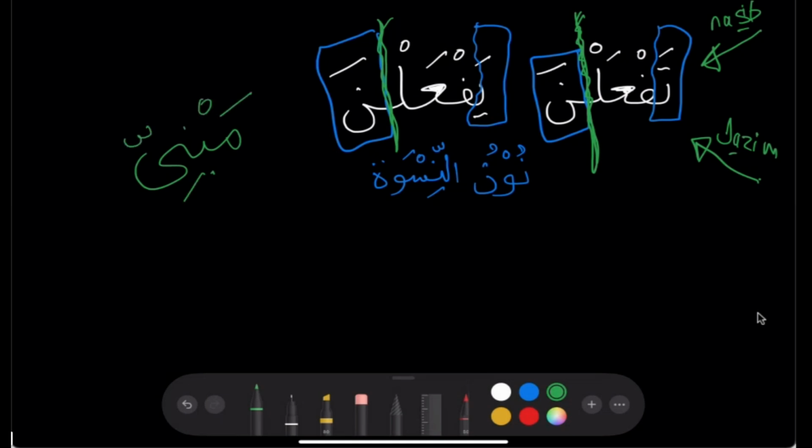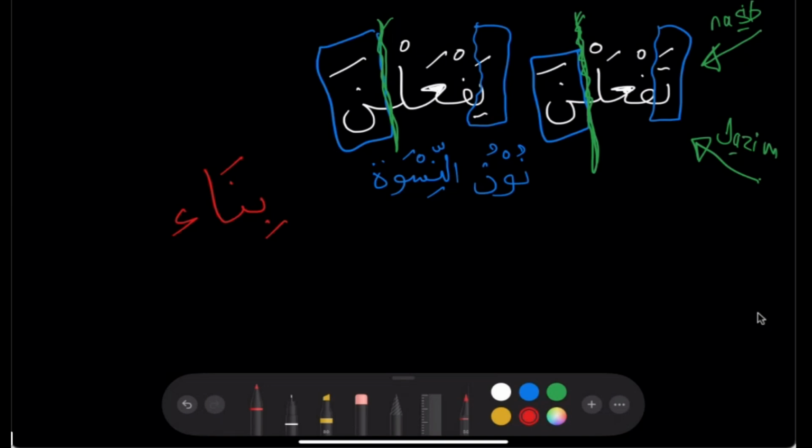Mabni, or let me say it this way, just for simplicity for now. That's called bina. Bina. If you want, keep that word mabni on deck. We'll come back to it. Let's use the word bina for now. Bina means building or structured. So bina is the opposite of i'rab. I'rab is how the words change because something's influencing it. Bina is how the word stays the same despite that something is influencing it.